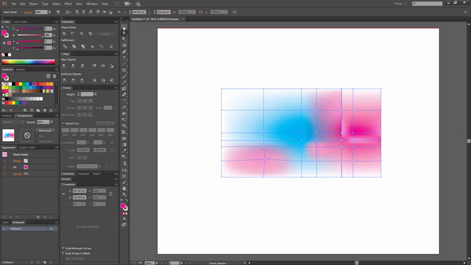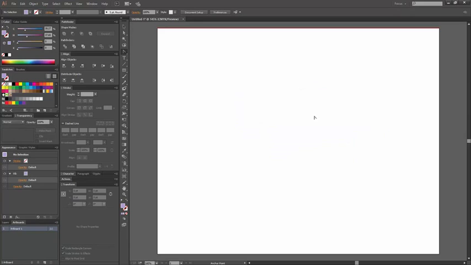Now you can take these points and push, pull, and manipulate the anchor points. Use your convert anchor point tool, grab these handles and shift them together. Whatever you want to do to manipulate it, you can do it, including individual handles. But that's the whole entire purpose of a gradient mesh. Now that's the basic